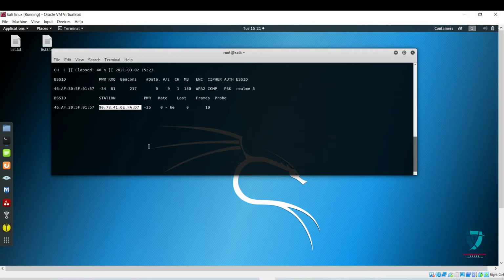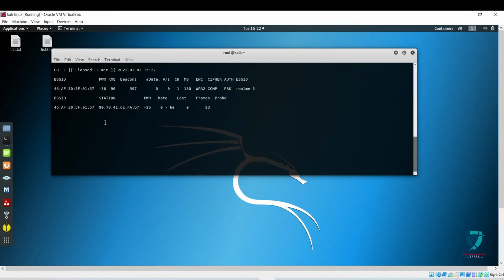Assume that 10 devices are connected to this Realme 5 hotspot. If you want to deauth only one member, you can do it this way, by copying the MAC address and pasting it in the next command. In the next command you have to enter only this MAC address. If you want to deauth all the connected devices, then it's fine. I'm going to deauth all the members, but anyway I'm going to copy this for the sake of security, because I will show you both ways.